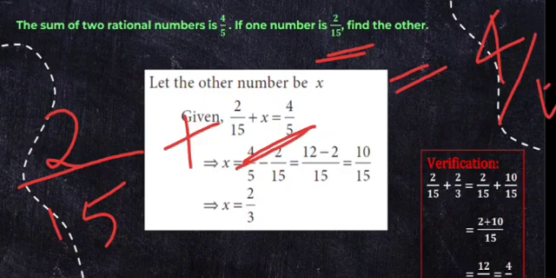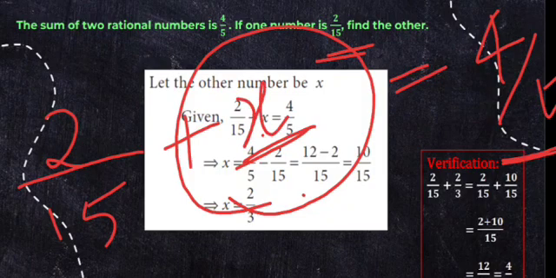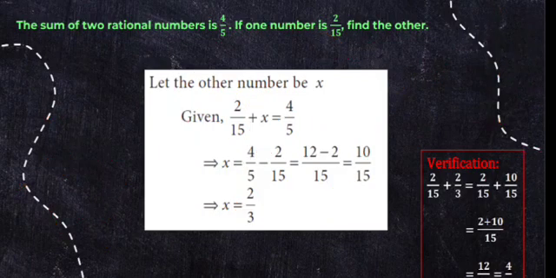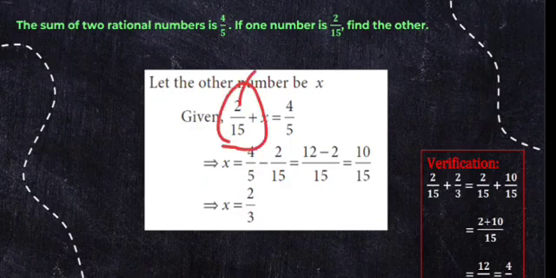So we know the final answer. What we don't know is what number should come here. Okay, so what we have to do for that, we have to take this unknown number as x. So we have to find the value x now. So let's see, 2 by 15 plus x will give us 4 by 5. So what we are going to do now, we have to take this 2 by 15 to that side. This positive 2 by 15 goes that side and becomes negative 2 by 15.